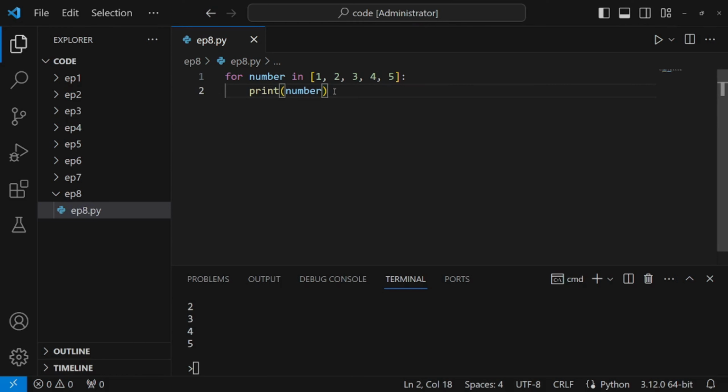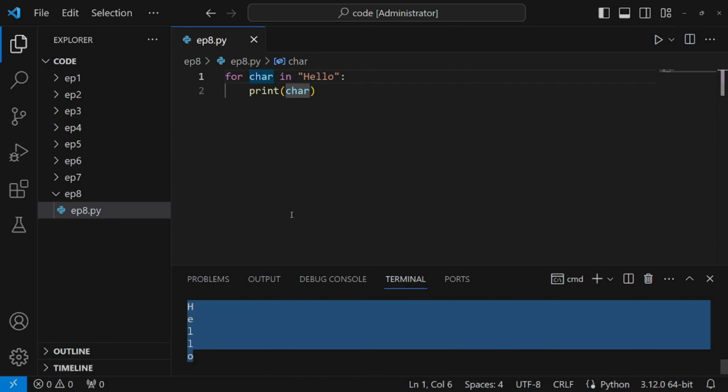One of the beauties of for loops is their flexibility. They're not just for lists. They can waltz through any sequence. Let's say we have a string, "hello". We can loop through each character in this string using a for loop. Here, our loop takes each character in hello and prints it out, one letter at a time. The variable char gets assigned to H, then E, and so on, until the loop has danced its way through